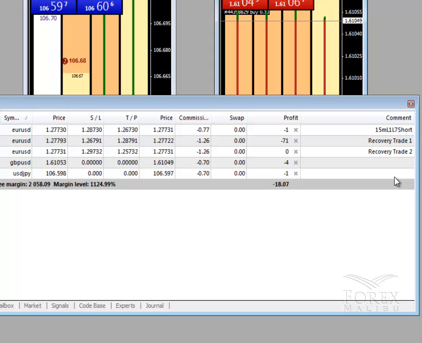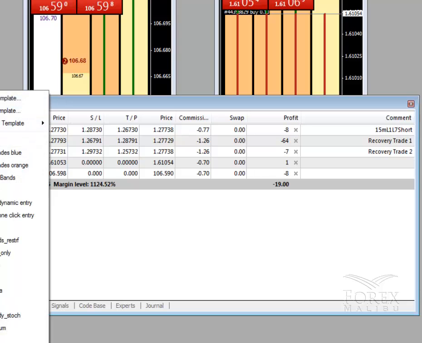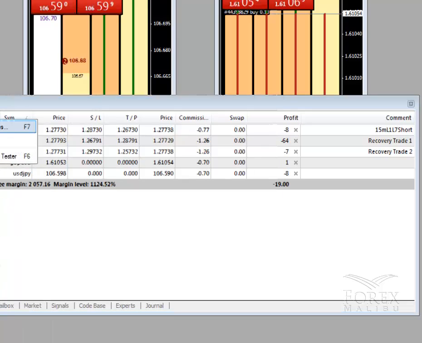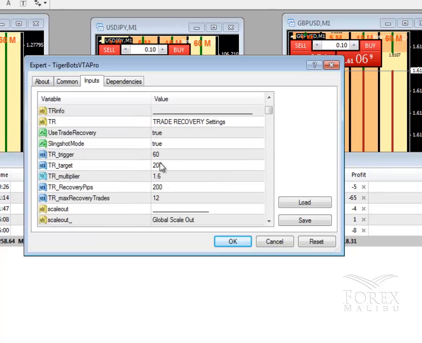Quickly, that's pretty much everything, but I do want to talk about slingshot mode real quick, if there are no questions yet about what we've talked about. If you want to activate slingshot mode, don't do it right off the bat, because I want you to see what this does all on its own. I did include this because I thought it would be a fun little thing. Slingshot mode, if you have it set to true,